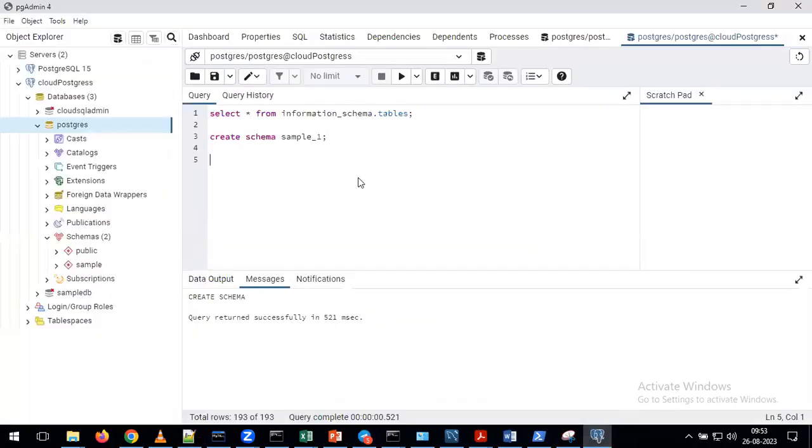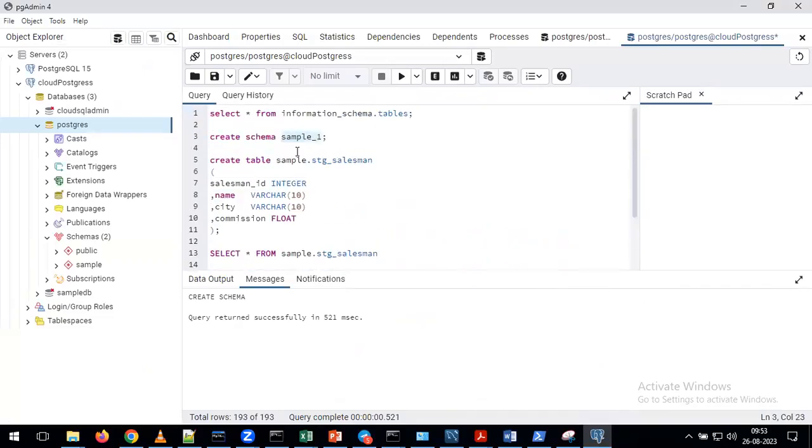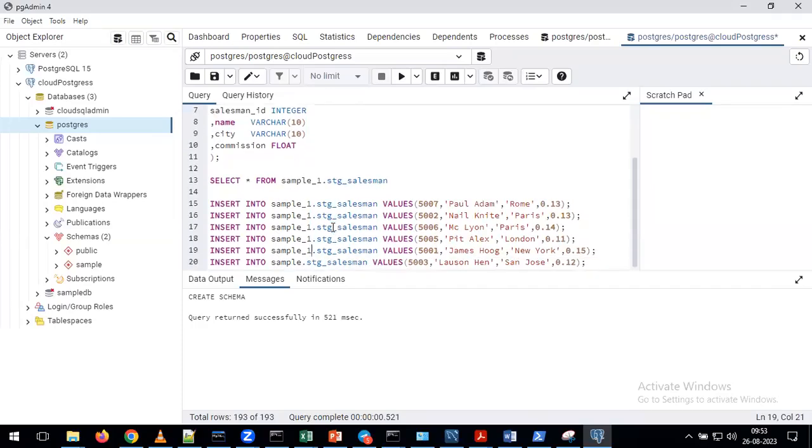Sir, a question: do we go to the schema first? No need to go anywhere. In the same window, please run the queries. Please follow my instructions. Whatever query window we opened, from that window only try to create the schema. I gave the table structure and the data to insert into the table.